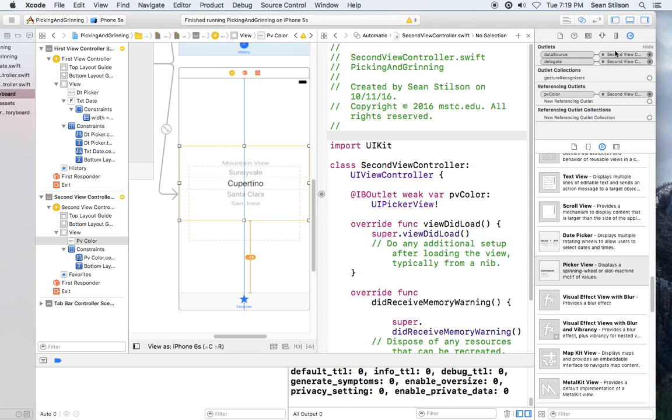Yep, so you should see something like that. Data source and delegate both wired up. If I wanted to delete these, I could just click on the X's and that would delete them. But what we're looking for is to have the view controller as the, and it should say over here